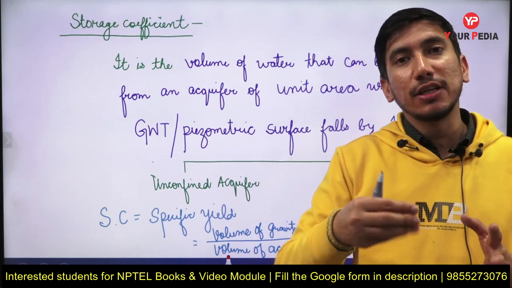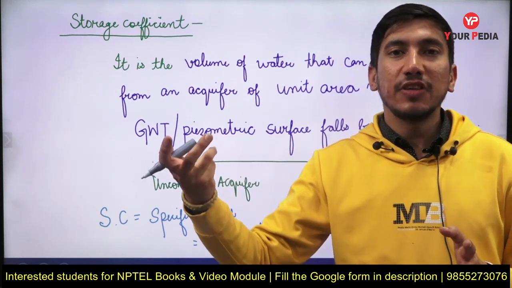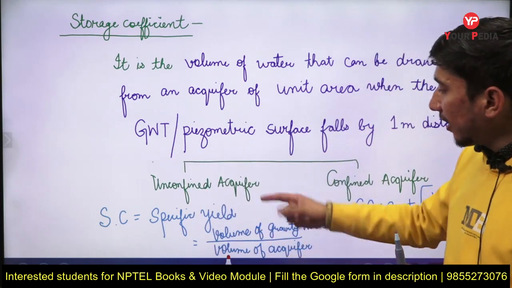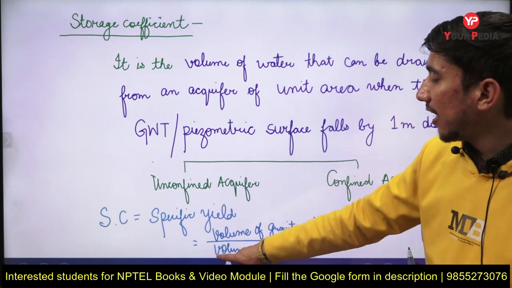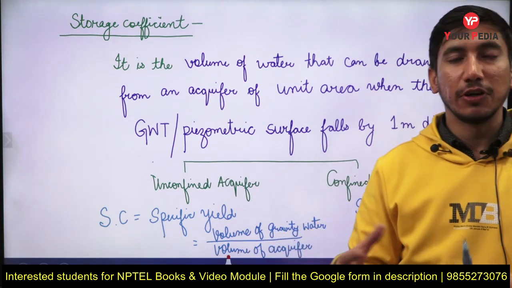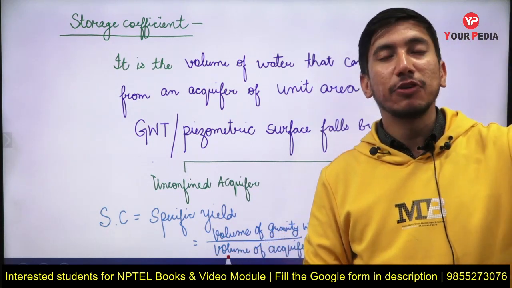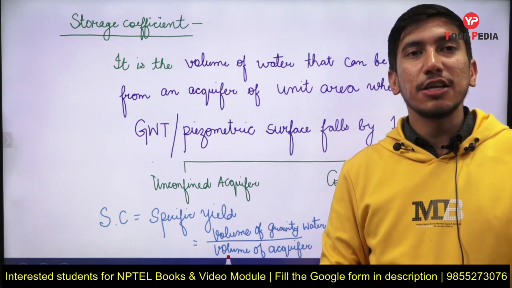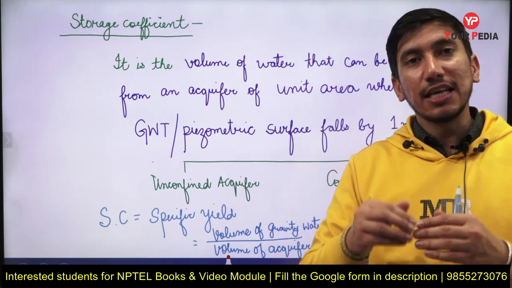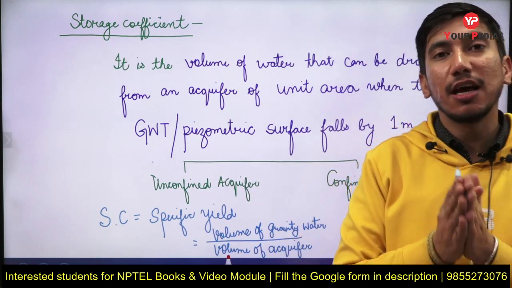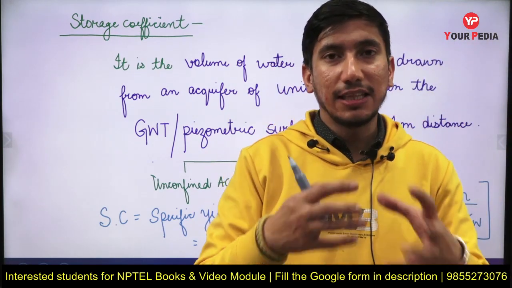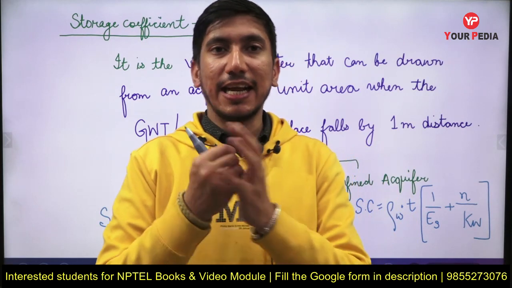This is the amount of the water that can be taken out of the aquifer easily. And in the denominator, we write the volume of the aquifer. So, volume of the gravity water in the aquifer to the volume of the aquifer. This ratio is called the specific yield. जितना ज़्यादा specific yield होगा, समझ लीजिए उतना ज़्यादा amount, volume of water we can derive from this